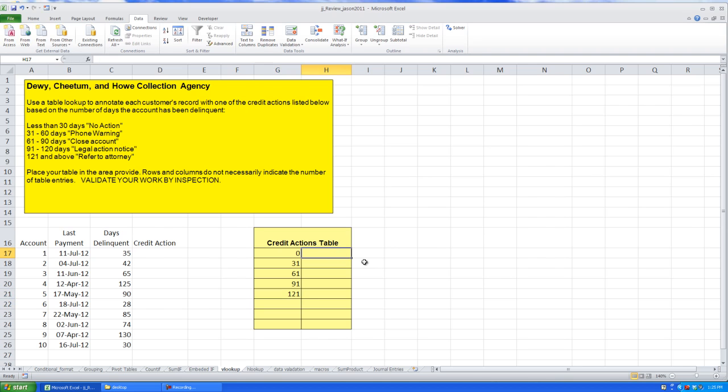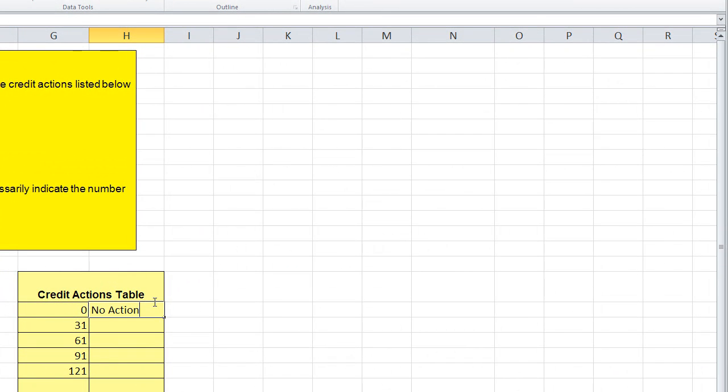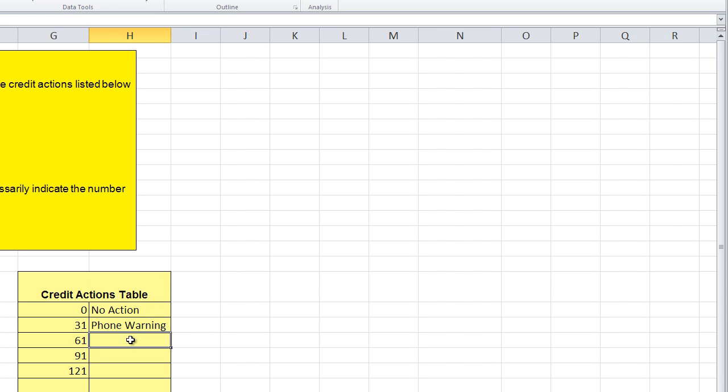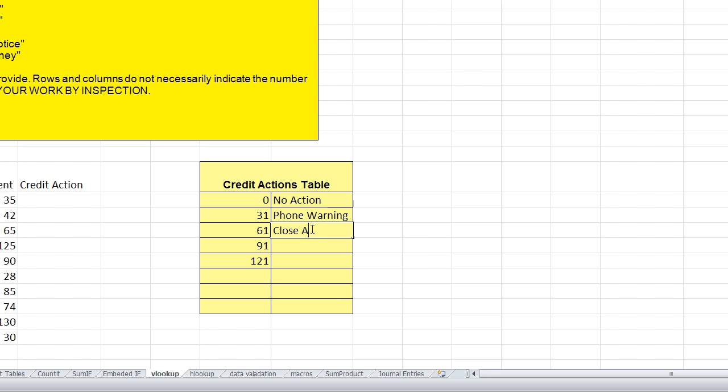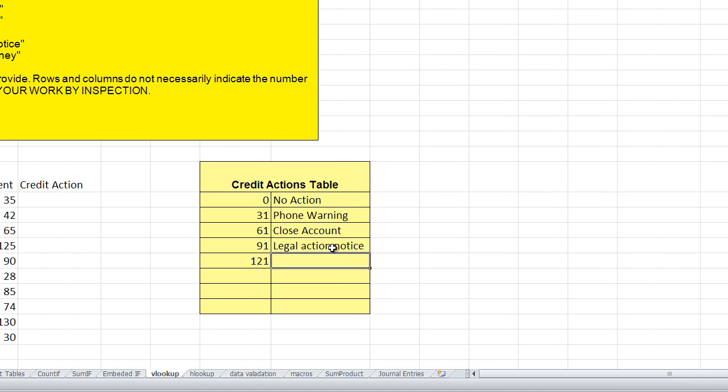Okay. So first of all, we know that anything that is less than 30 days is considered a no action item. Anyone that's between 31 and 60 days, we consider that a phone warning. Anyone between 61 and 90 days is going to be a close account. Anyone between 91 and 120 is going to be a legal action notice. And anything that's over 120 days, we are going to consider a refer to attorney, and that is